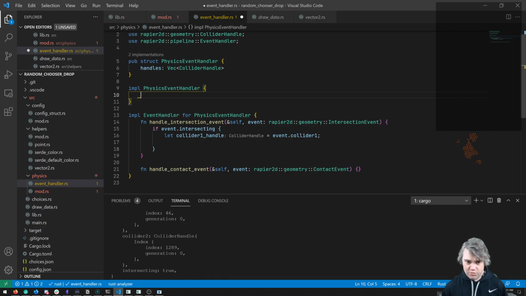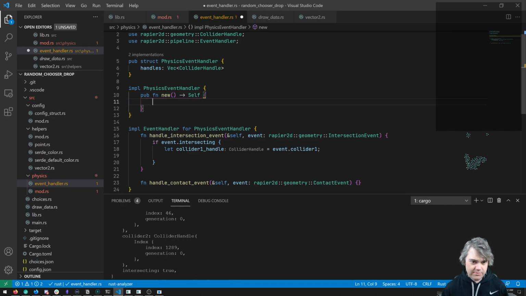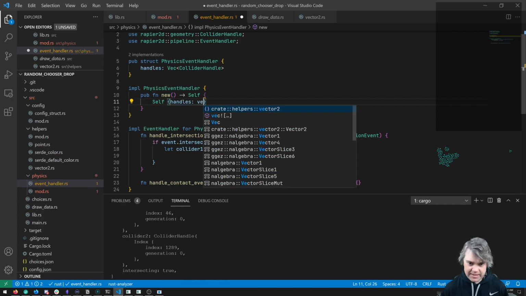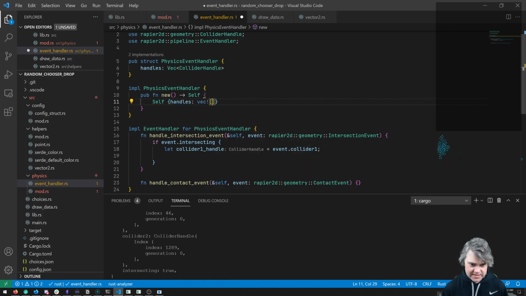So Rust standard, like the community has settled on new as like the way to do it. So we could just have a pub function new here. We're not going to take anything in. We're going to return a self with a capital S, which is this type. So I'm going to return a self with handles being an empty vector, like that. That means here,